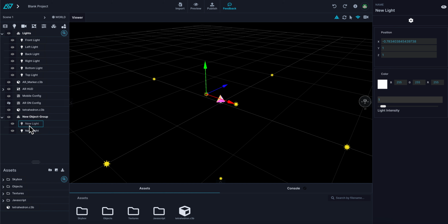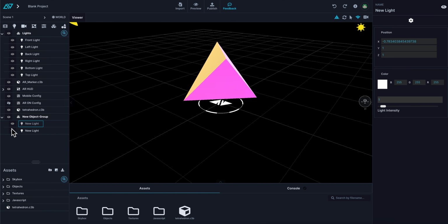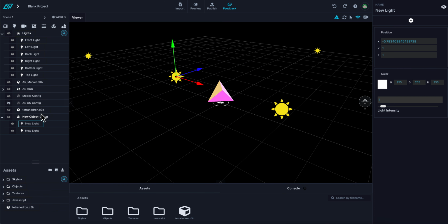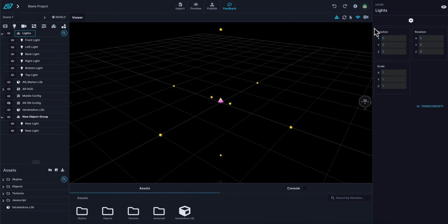And now what I'm able to do is turn those on and off at will, and you'll see it's actually real-time impacting the light, right? And I can also move them together. So if I grab the object group, I can now move things up and down or left and right on any axis together as a group. And the same thing can be done for the other groups of lights, right? And this can be done for any object.